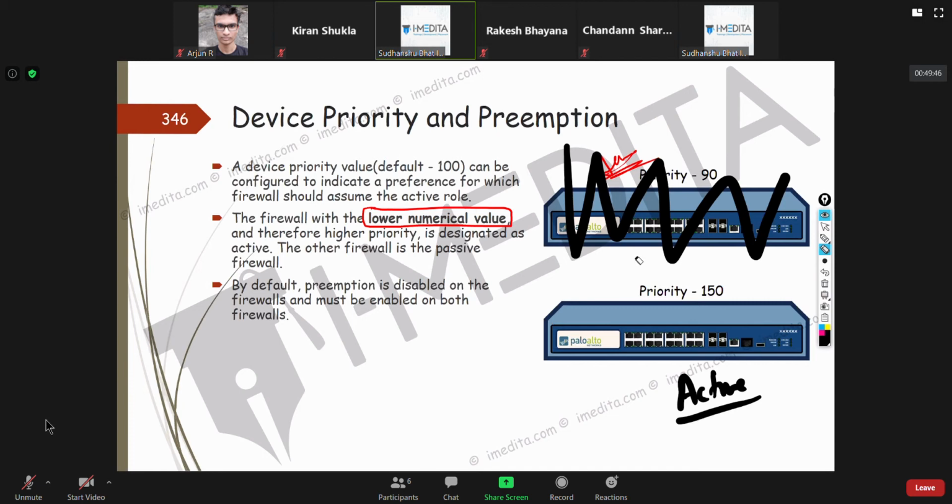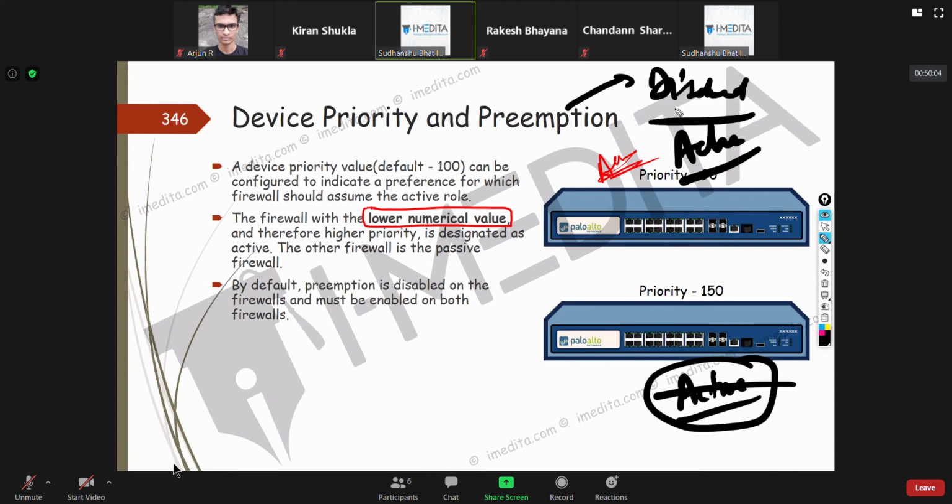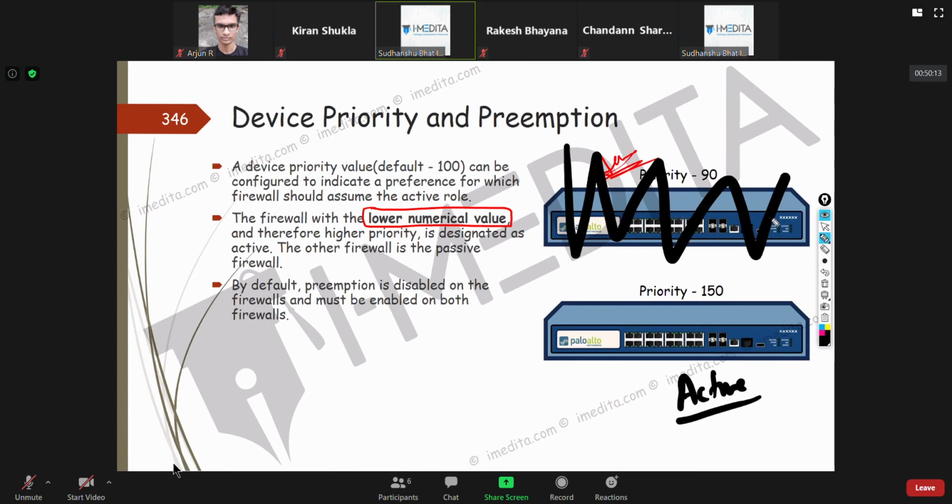Now, after maybe 15-20 minutes, if this firewall comes back up, it cannot overthrow this firewall and become active if preemption is disabled. If preemption is enabled, then only can it overthrow after coming back up.